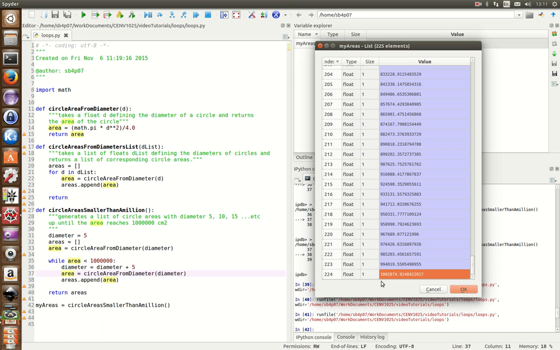Because before, every value that got written was the value from the previous step, if that makes any sense. Because the first thing we did was write the value to the list at the beginning of the step, and then we calculated the new value at the end of the step. So then when we went round to the next step, the value that was written was the value we just calculated at the end of the previous step, rather than the value we calculated within this step. Which means when it got to the end and it calculates an area of 1 million,